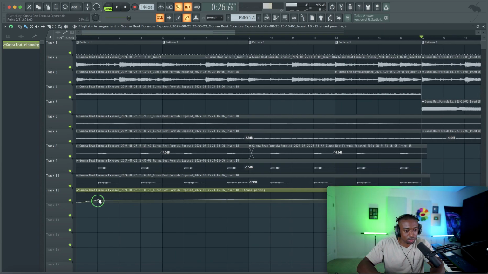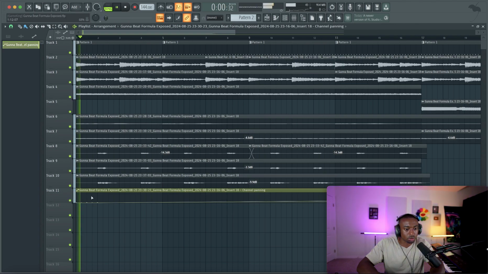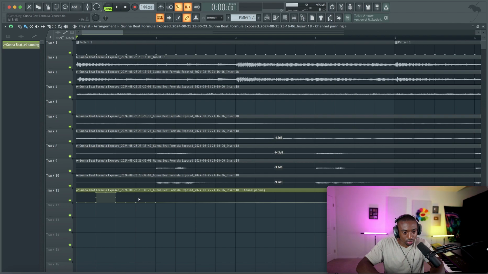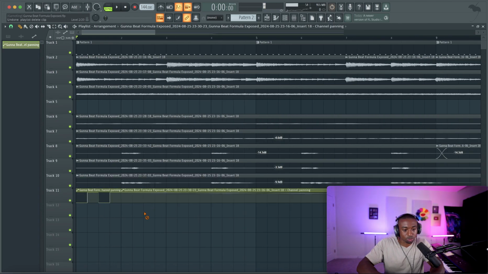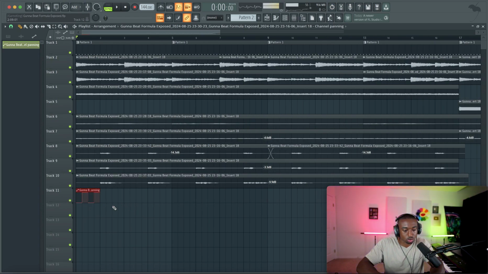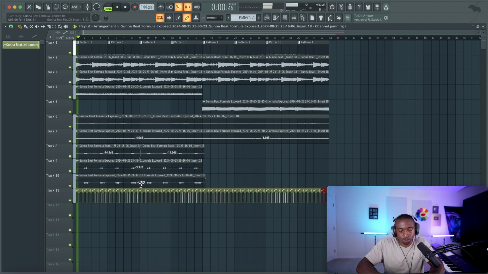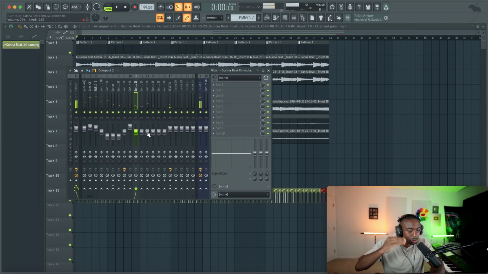I believe the bottom value is left. Change the snap to grid to like a beat. Let's go to song. And then every other beat. Gotta zoom in here. So we're gonna create a little left, right panning. So it's gonna be hard right and hard left. Okay, so all I wanna do from here is to slice that. We can duplicate this, hitting Control B throughout the track. Now it's a little bit louder. I could turn it back down.